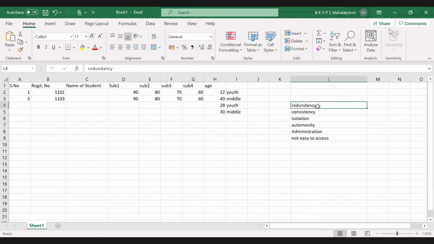Yes, ma'am. So these are the differences between file system versus DBMS. Ma'am, should we learn Excel for this? No need. I'm just showing you the differences by entering some records. In the next class onwards, I will not work on this.